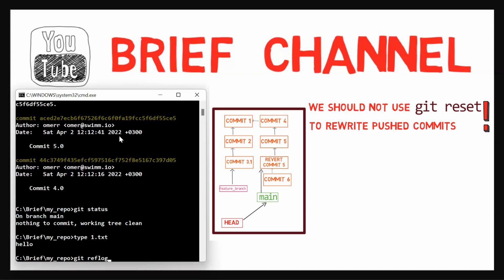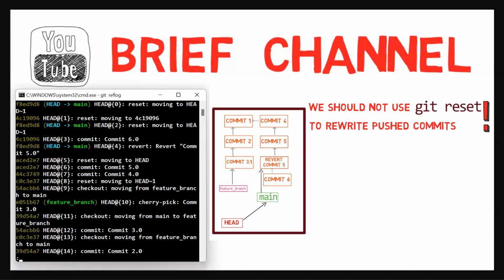So basically, while working and without needing to do anything, Git silently records what HEAD points to every time we change it. So whenever we change a branch, so we switch between branches, or we introduce a new commit, or use git reset, Git updates its reflog. So let's look at it, git reflog. Okay, we can see here the SHA-1 of our last commit, commit 6.0, right here, moving to this SHA-1, as